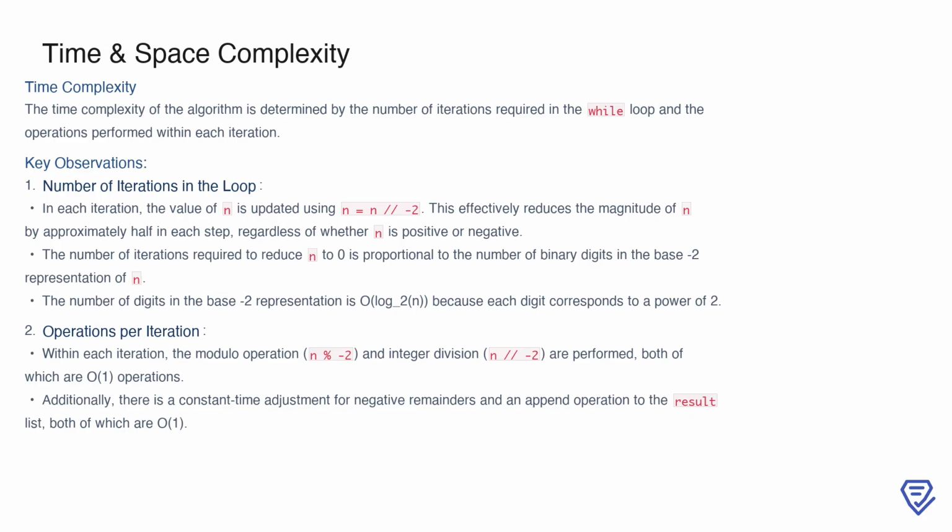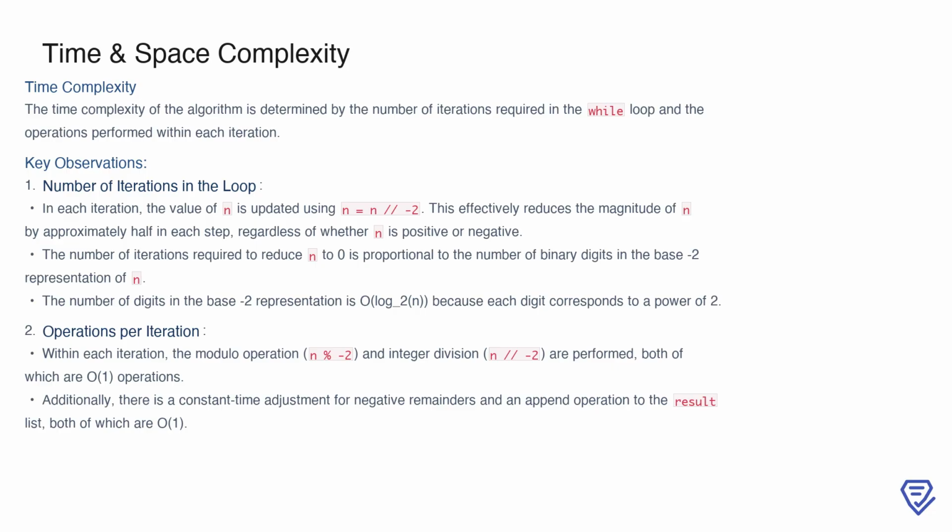iterations in the while loop. Each iteration reduces the magnitude of n by half, regardless of whether n is positive or negative, due to the operation n equals n//-2. This means that the number of iterations required to reduce n to 0 is proportional to the number of digits in its base -2 representation. Since the number of digits in any binary-like numeral system grows logarithmically with the value of the number, the number of iterations